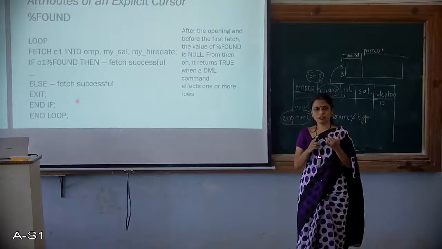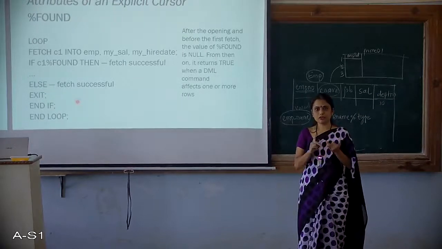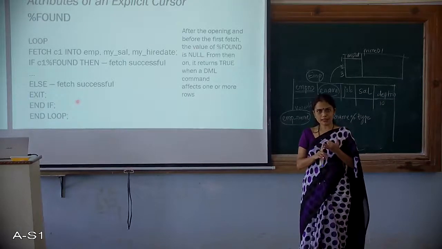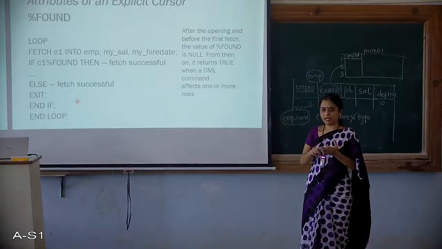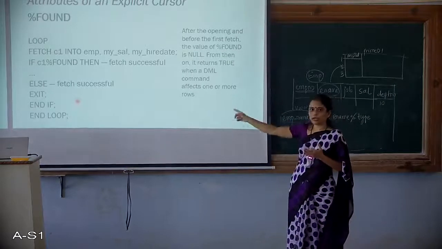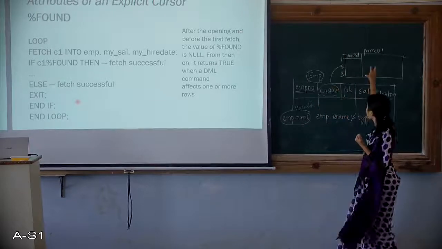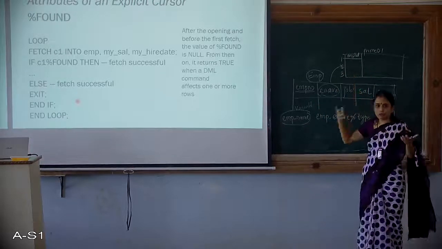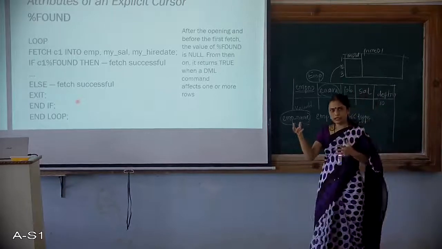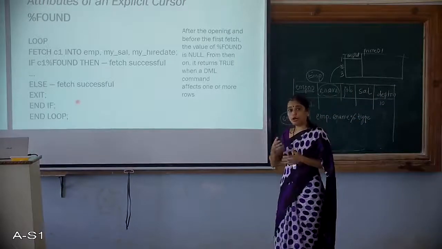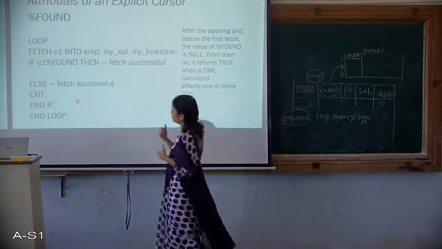First, you define the cursor. Second, you open the cursor, which you have both seen. And the third one that I'm trying to tell you is fetching. How to fetch? Now the cursor is ready with certain number of fields, three or more or less, whatever. Now how to fetch the data from it?